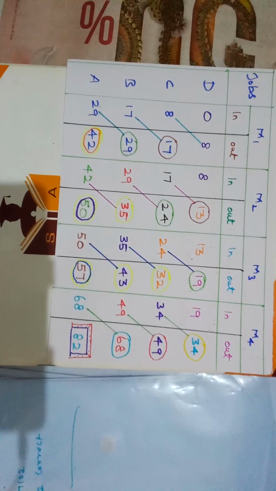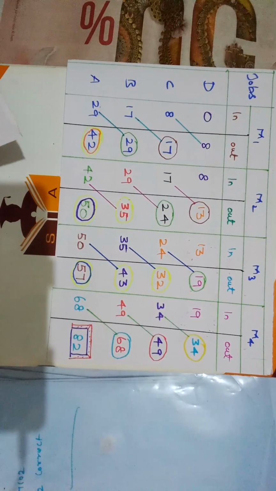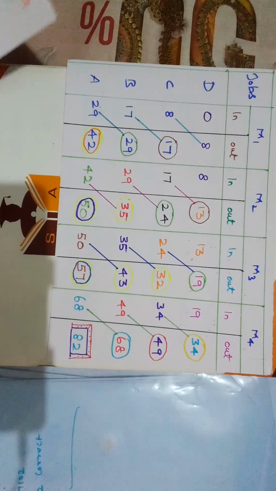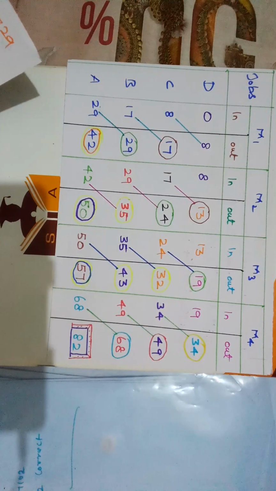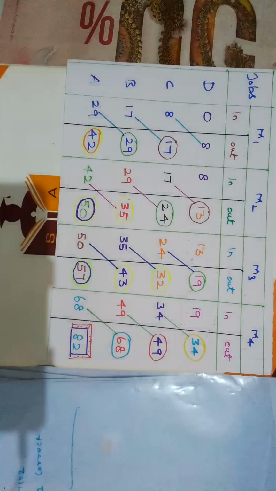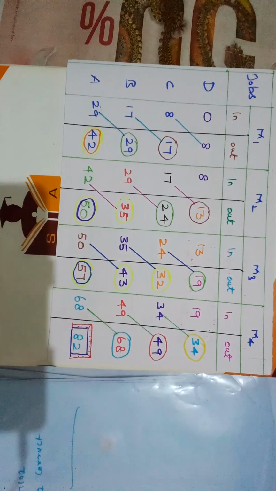So 42, and then we are given the last job, A, on machine 2. Machine 2, 8 is given. See, this is 8. So 42 plus 8, 50. What do you mean by this 50? So in machine 2, the total jobs A, B, C, D have taken 50 hours to finish that particular work,